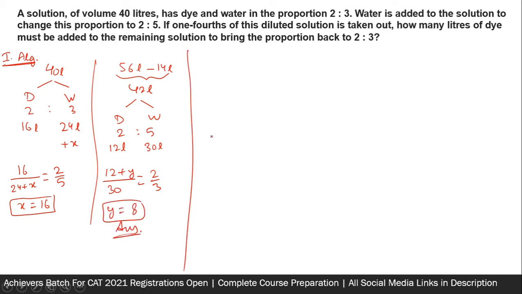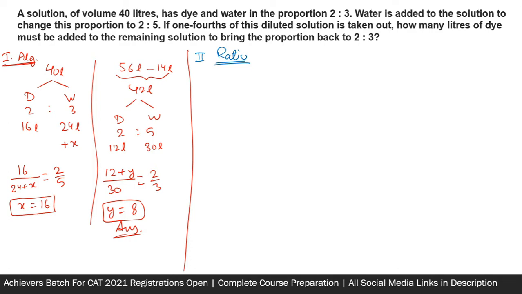So I did it for you, but this is not the method that I prefer doing. The method that I prefer doing is the ratio method for this question. So for all these questions in which there is a mixture of two varieties like dye and water here, or it could be milk and water, or alcohol and water, or something like that, and only one of them changes in value, the ratio method I consider to be the most effective method.